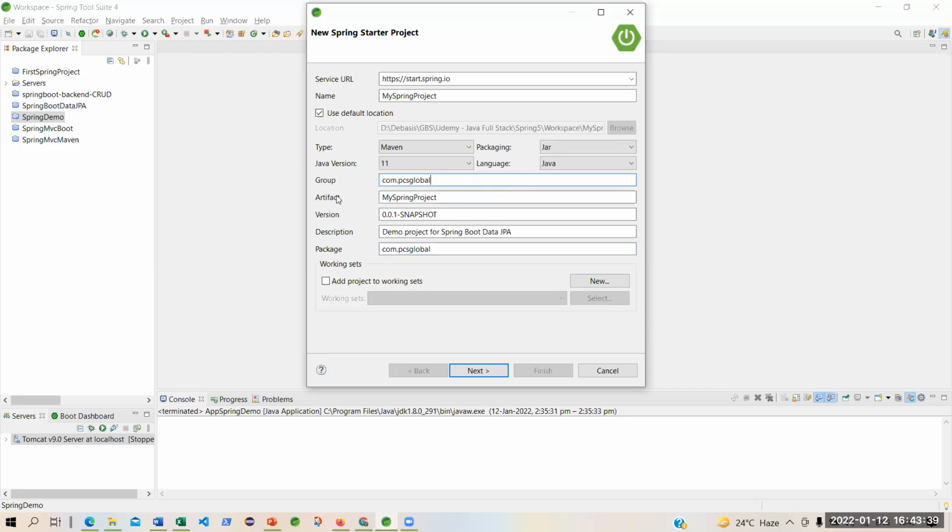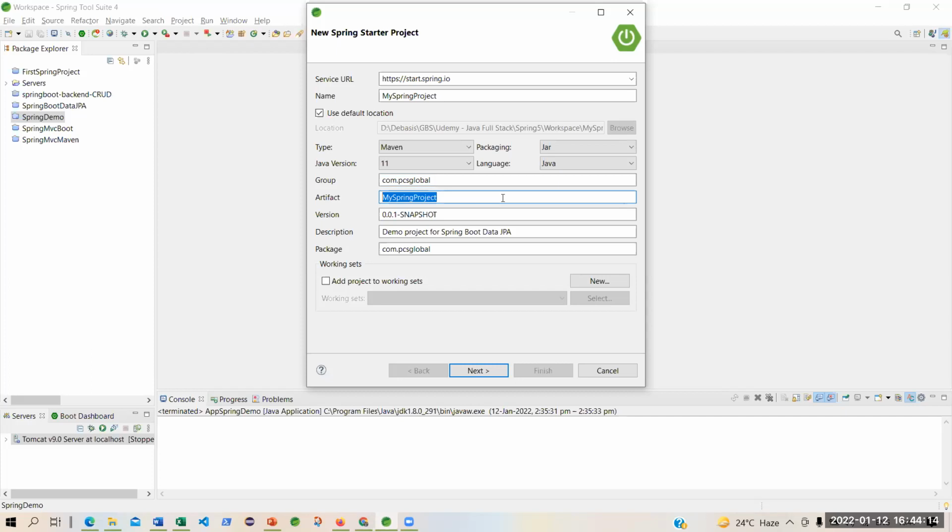I'm giving this artifact, and the name of the project should be the same. That is the convention. So I have given my Spring project. So that is the artifact name as well. Artifact, in any corporate organization you work in, you will often come across a term, project managers are saying, please give me that artifact. Please send the artifact to the client. So artifact is a nomenclature, you can say.